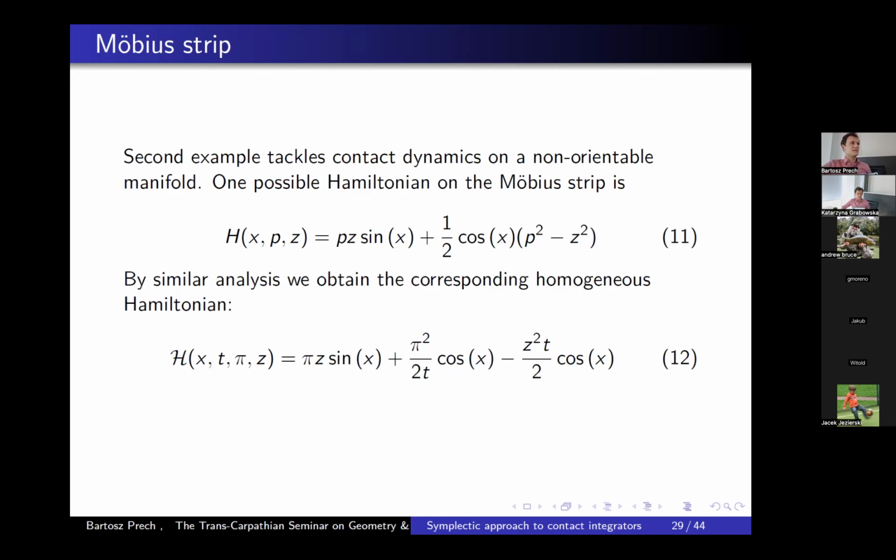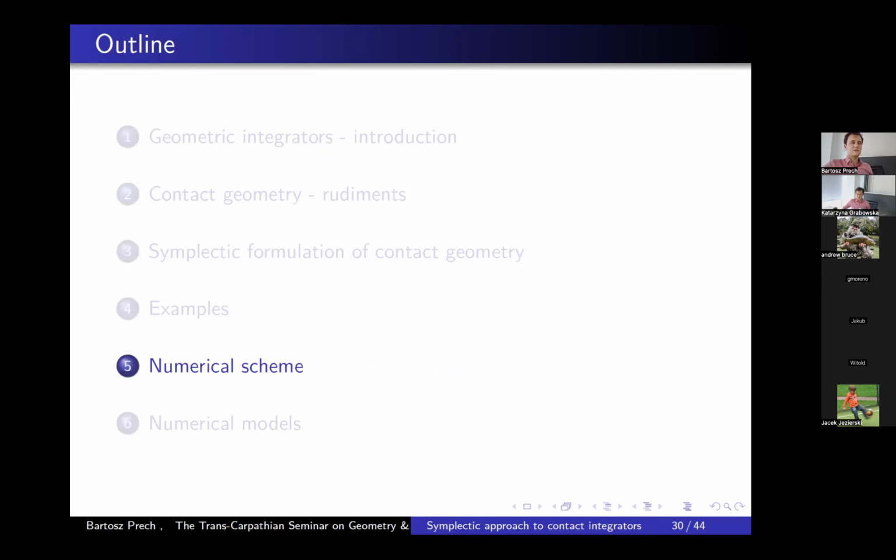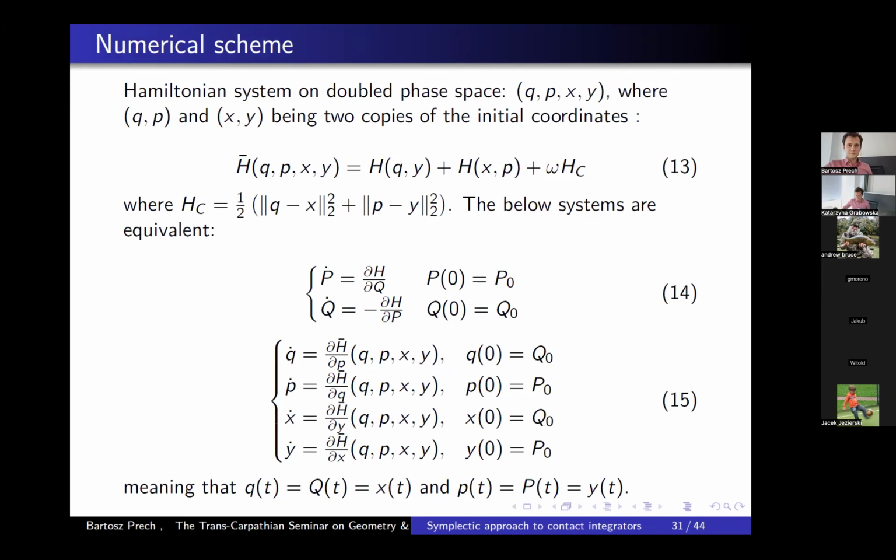And I'd like to thank Piotrek for giving an article where it is considered how to deal with such systems. The idea is to double the phase space. So we consider it on a doubled phase space. Q, pi is the first copy of coordinates on your phase space, and X, Y is a second copy, which in general can be vectors of bigger dimension. To make it compact, I keep it like this. And consider a Hamiltonian,